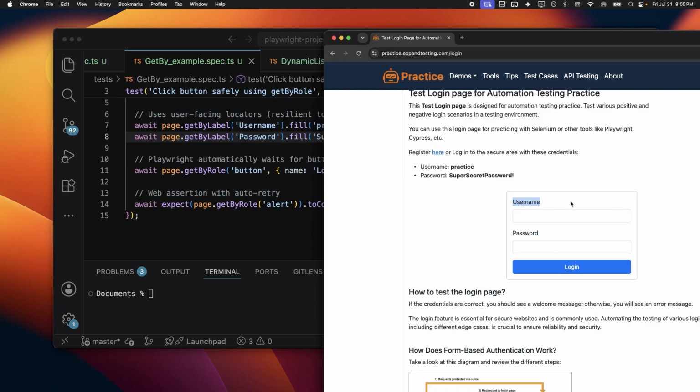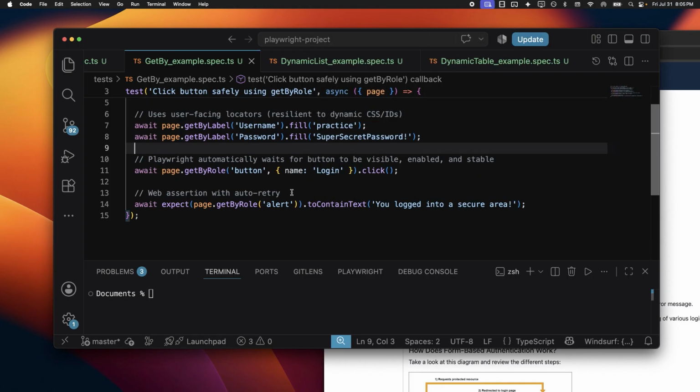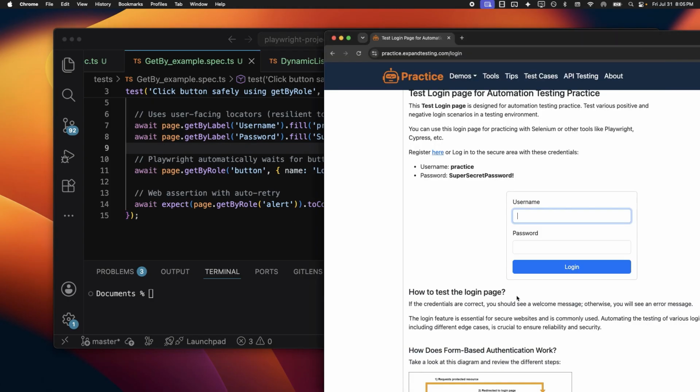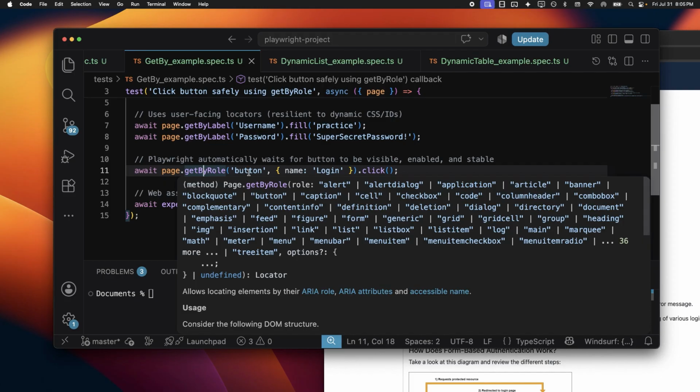Tomorrow, if you see this username move to this area, as a human being you will still understand, oh, that's still a username, and you will go and type it correctly. So in the same way, when it comes to clicking on a button here, we still don't use the HTML ID of the button. We say getByRole. These are the aria locators, and you can see here when you mouse over,